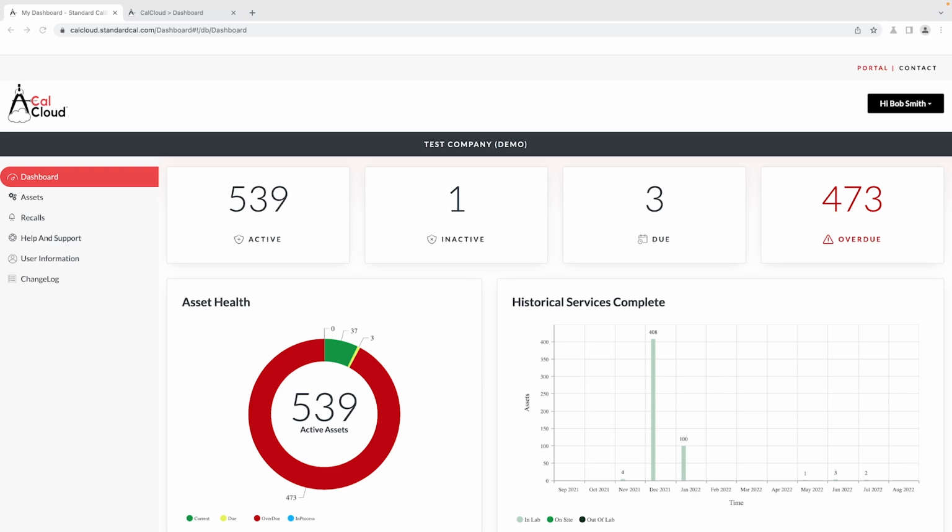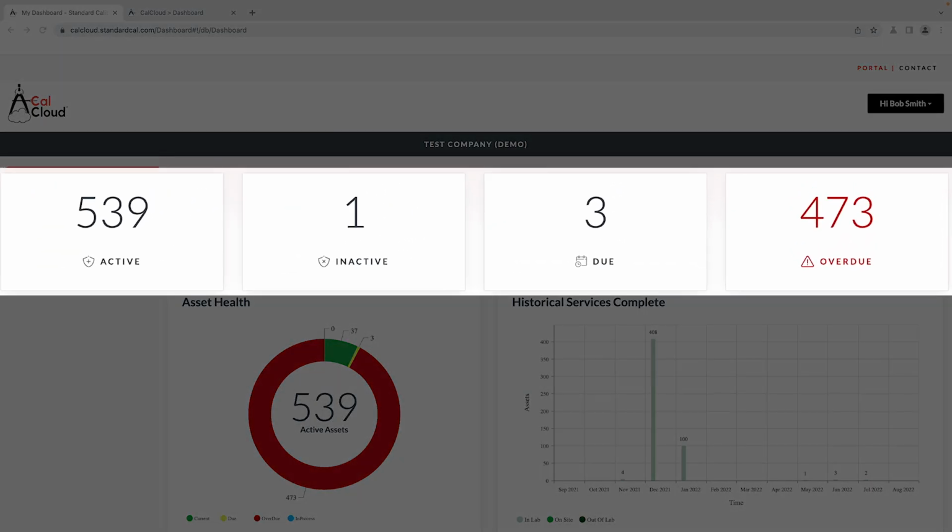This is your CalCloud Management Dashboard. The Management Dashboard displays high-level information to quickly assess program compliance, to support audit preparation and readiness, management questions, and other related requests. The Asset Action boxes located at the top of the page provide pre-filtered asset information with drill-down